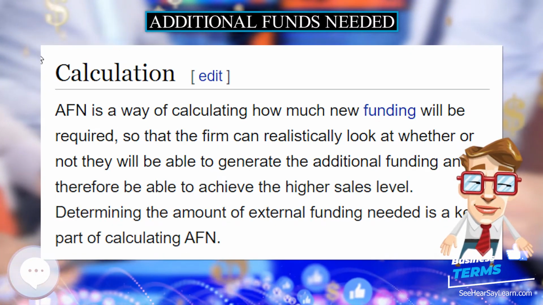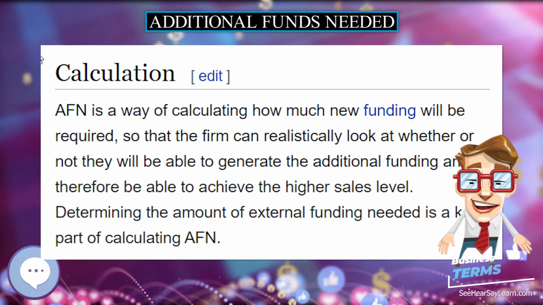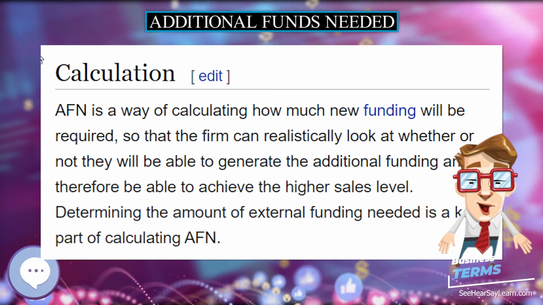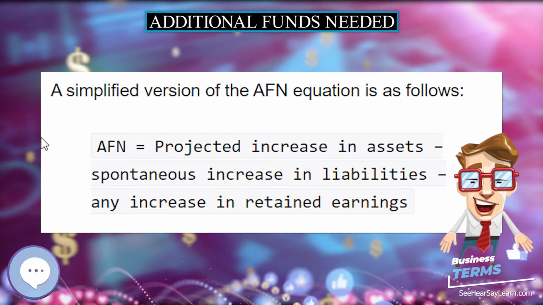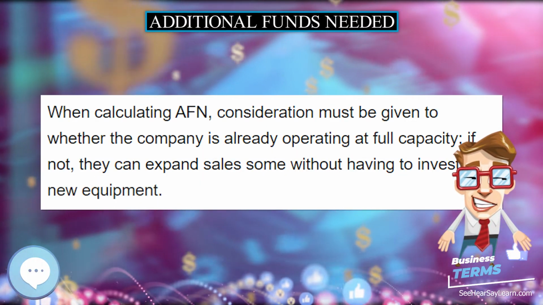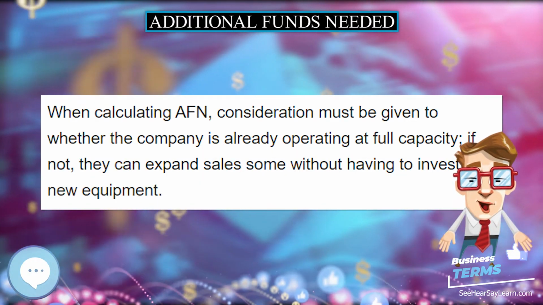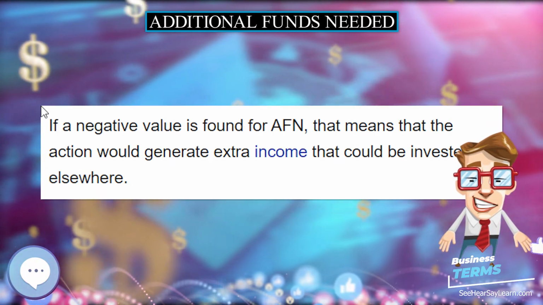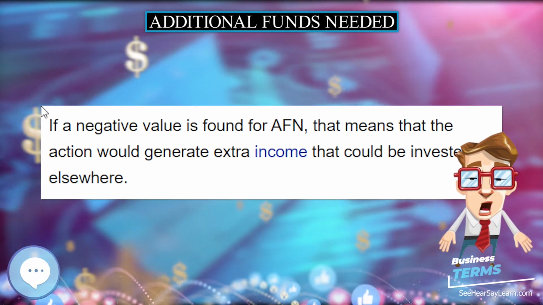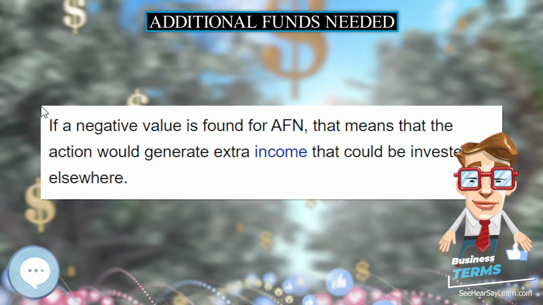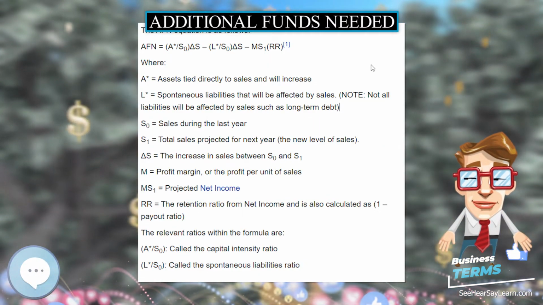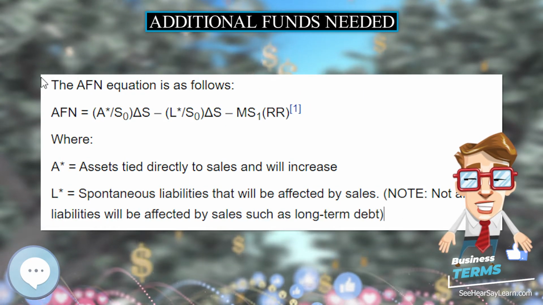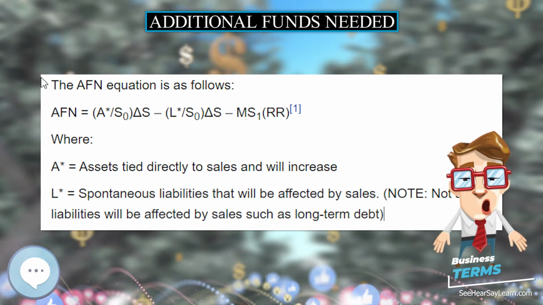When calculating AFN, consideration must be given to whether the company is already operating at full capacity. If not, they can expand sales some without having to invest in new equipment. If a negative value is found for AFN, that means that the action would generate extra income that could be invested elsewhere. The AFN equation is as follows: AFN equals (A/S0)ΔS minus (L/S0)ΔS minus MS1(RR), where